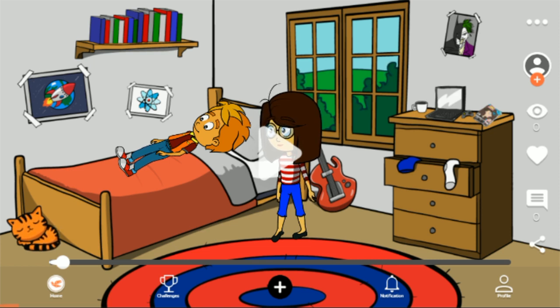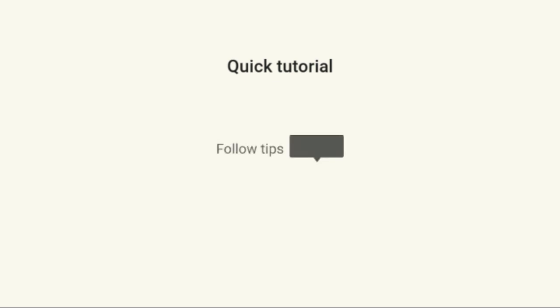There are multiple tabs. We'll go to how to create the video, or at least how to start the video creation process. For that this center plus button is there. This button is to start creating the video. Now I press it. Basically the very first time it's going to introduce you through one quick tutorial. So we'll start the tutorial.